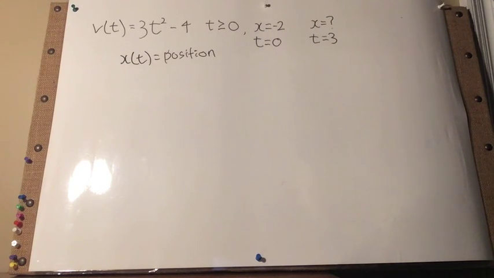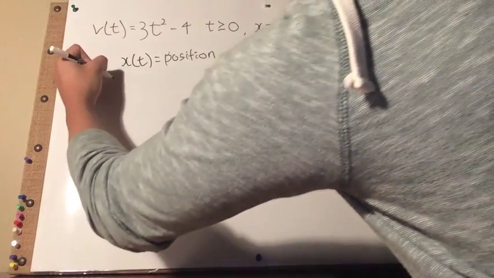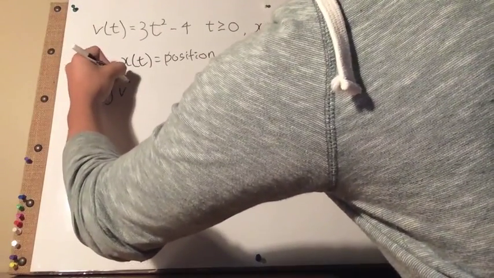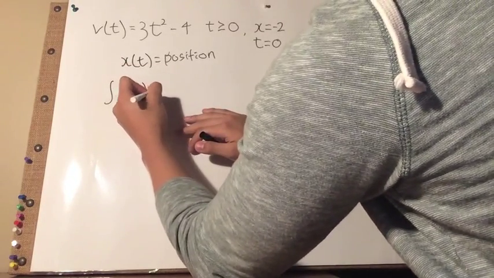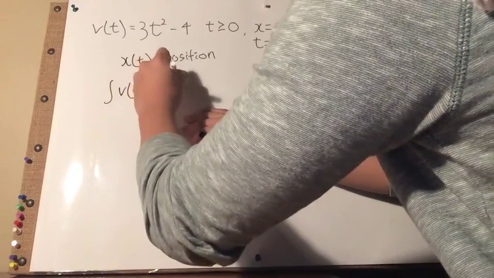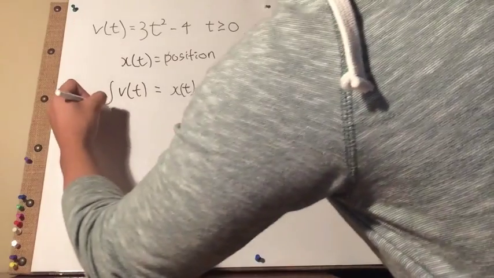So we want to integrate the velocity equation first, and I assume you all know how to do that. So we have to integrate this. So the integral of v of t equals x of t. So if we write it out,